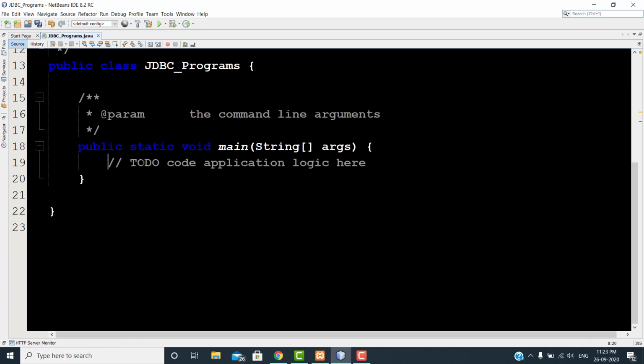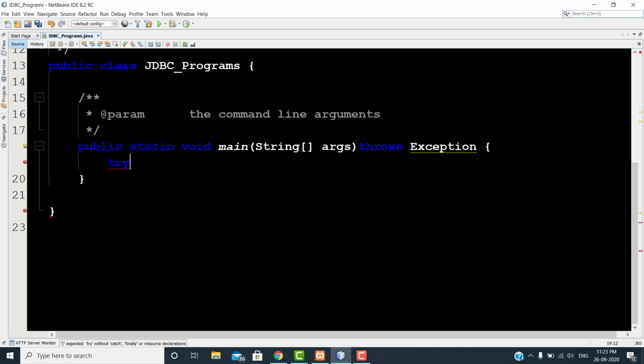After that you write your program here. Go to your public static void main(String[] args) throws Exception. Now you write your try block and your catch block, catch Exception e.